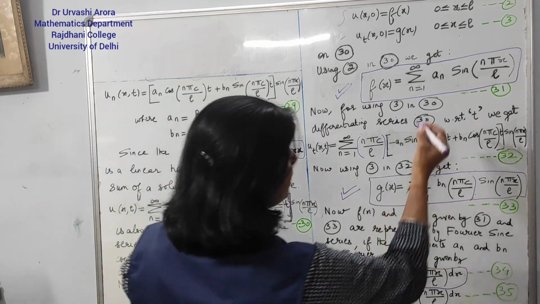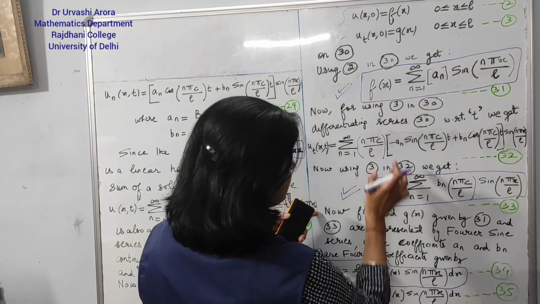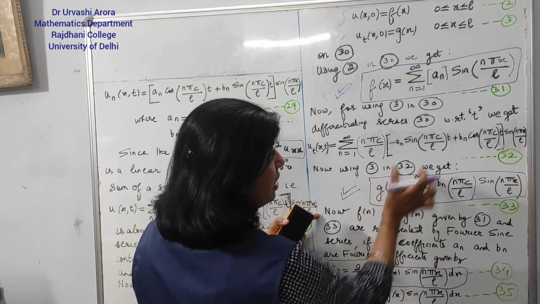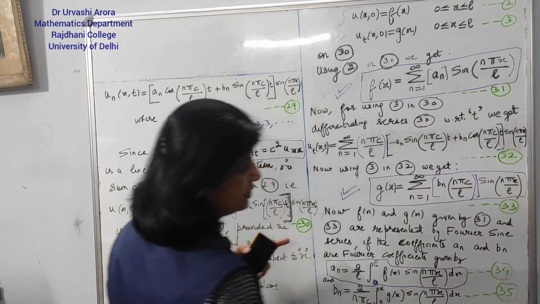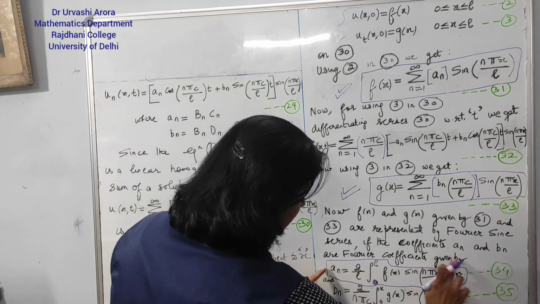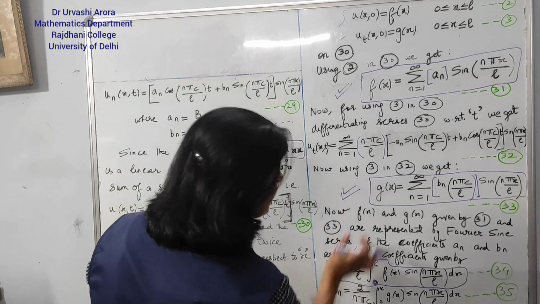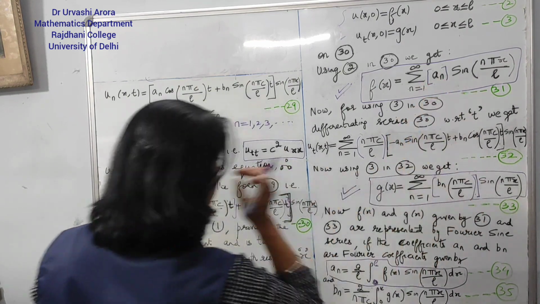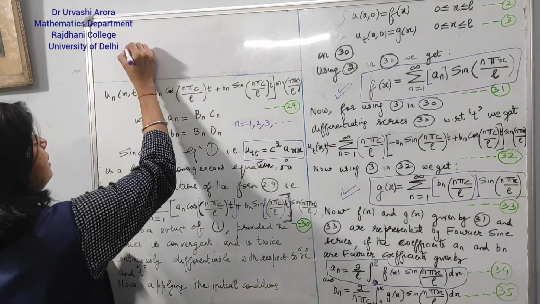Now here the only difference between this expression and this expression is that instead of f(x) you have g(x), and instead of a_n you have b_n n pi c by l. So here to obtain the values of b_n, we can just replace a_n by this expression, because this expression is playing the role of a_n. So this is what actually you have. Instead of a_n I write b_n